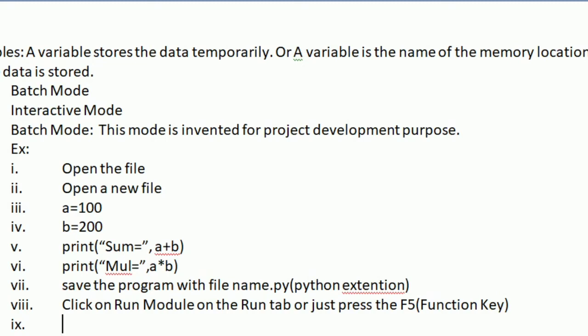Okay, now we will see the interactive mode interface.